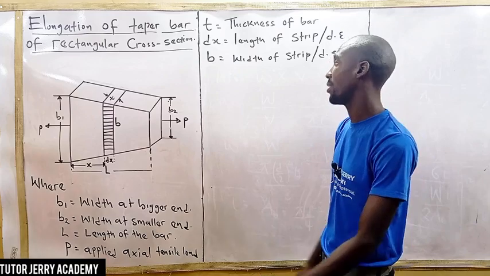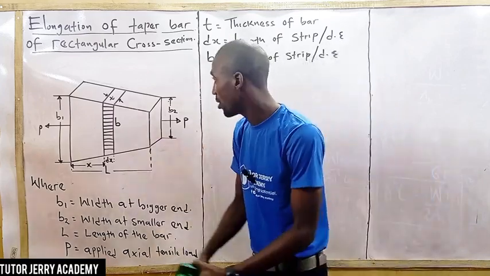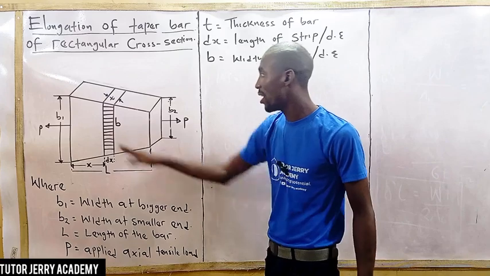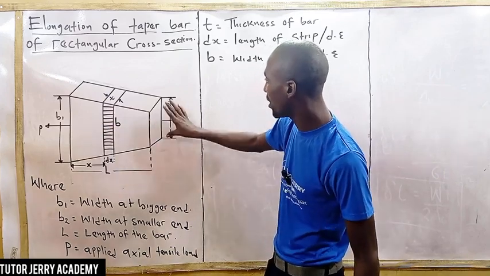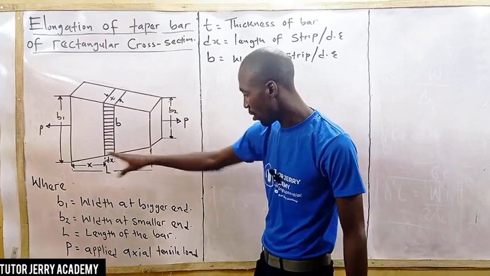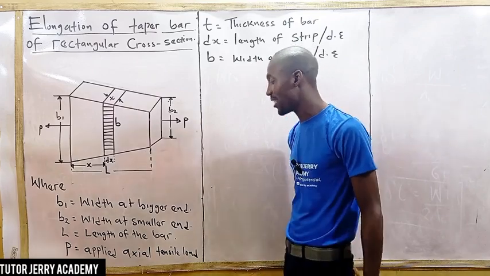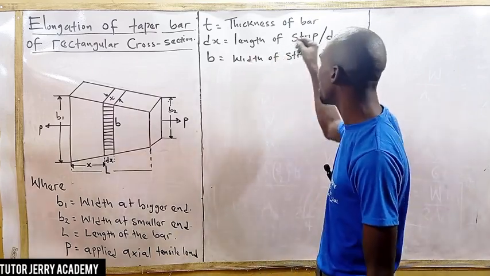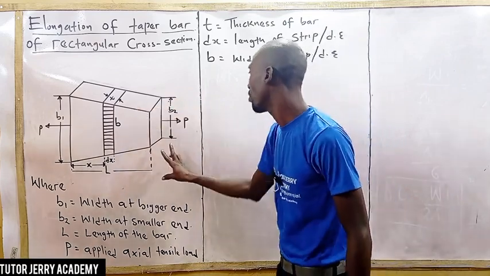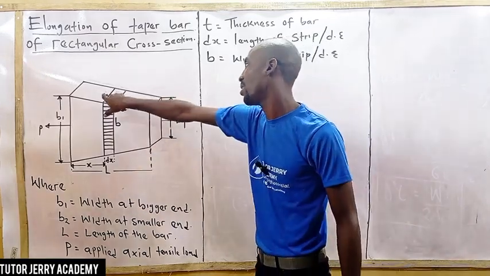section. All right. So now to solve this, you see we have already written what B1 is. B1 here is the width at the bigger end, and B2 is the width at the smaller end. L is the length of the bar itself. P is the applied axial tensile load, and T is the thickness of the bar. All right, this thickness can also be shown here as well. So, I just decided to put it